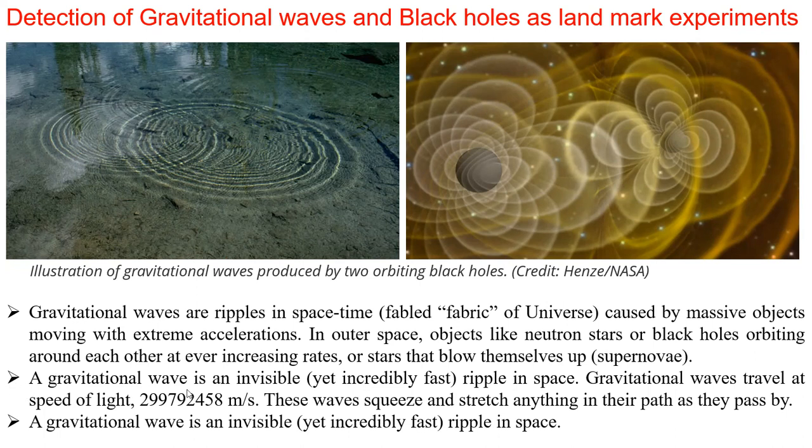A gravitational wave is an invisible, yet incredibly fast-moving ripple in space. These are the waves. Similar to this, you can see waves on a water body or any kind of fluid medium, disturbances moving away from the source at the center. Between massive celestial objects we also have ripples in space, but they may not be visible in visible radiation, between 4000 and 8000 angstrom.